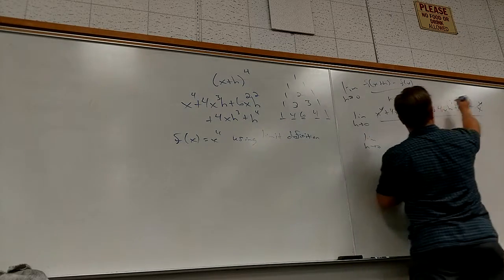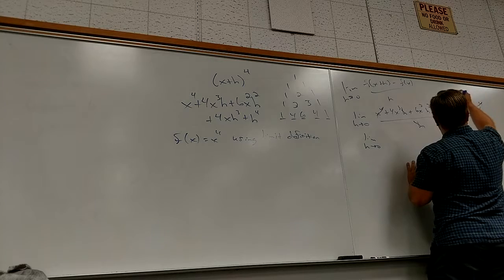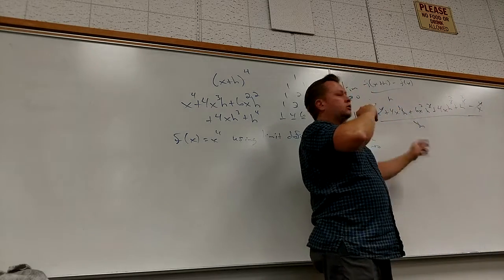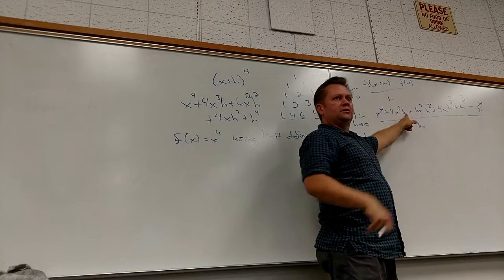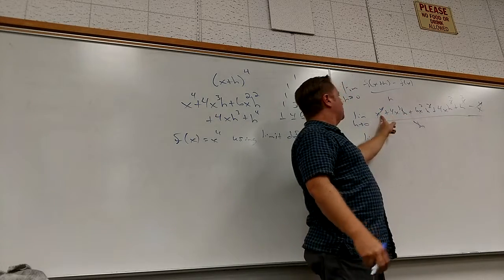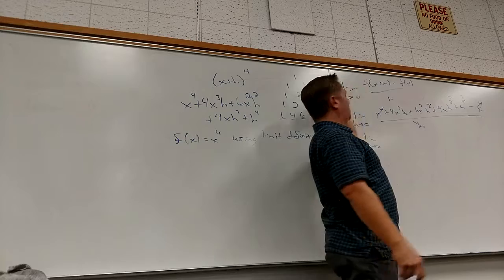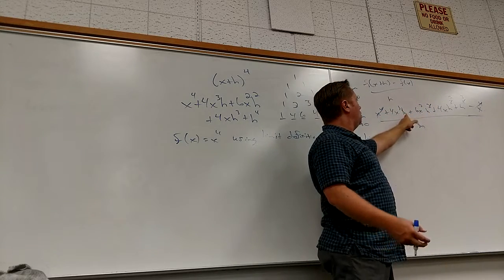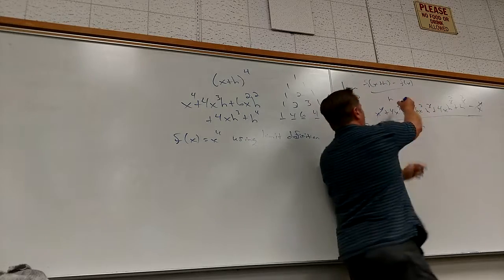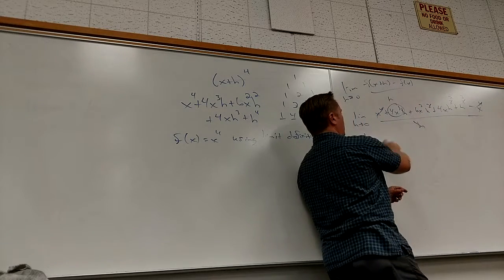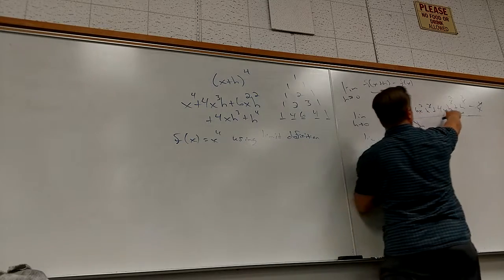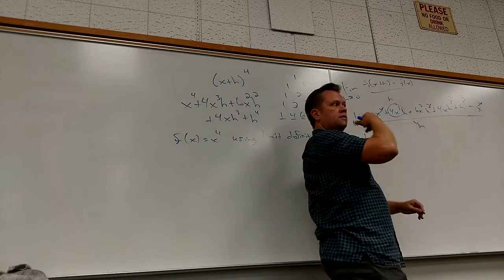Now, what's the only term that ends up having no h's now? The one that had one h. So this first term is always going to cancel because it's going to be the function itself. And then the next term is the only one that has just one h, so it's the only one that's going to be left alive after I apply the limit. So when I apply the limit, all these go to 0, right? So I end up with